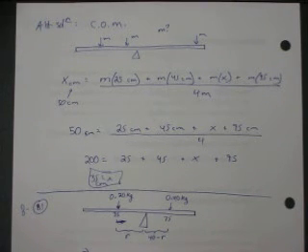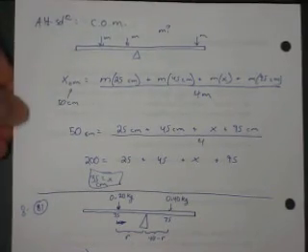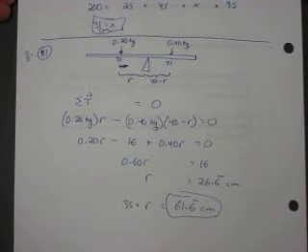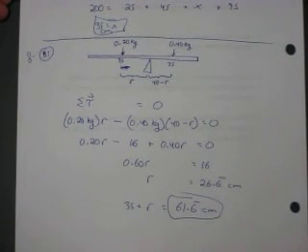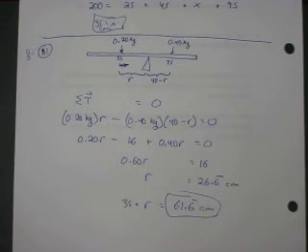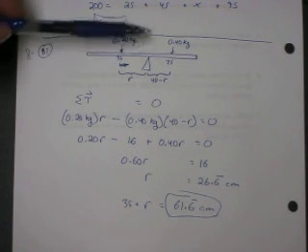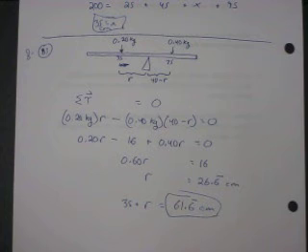I'm going to do number 81 similarly to how I did number 80. I'll solve it using concepts of rotational dynamics and torque, and then I'll show an alternate solution using concepts of center of mass. So number 81, meter stick of negligible mass. We have one mass at the 35 centimeter mark, the other at the 75 centimeter mark. Now, just like in number 80, if it's going to be in mechanical equilibrium,